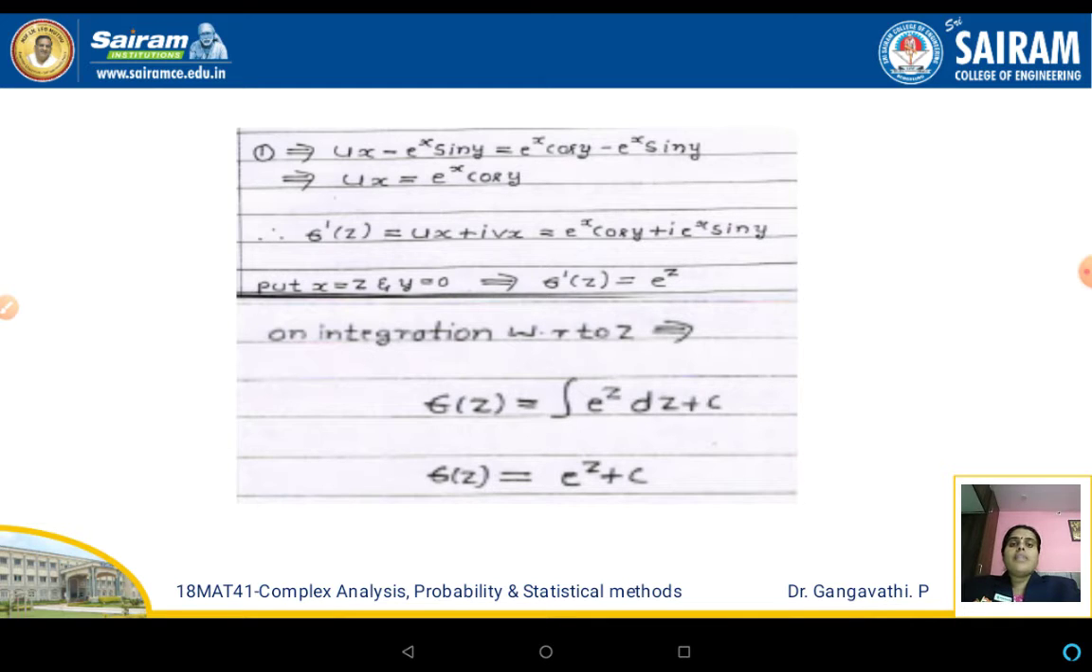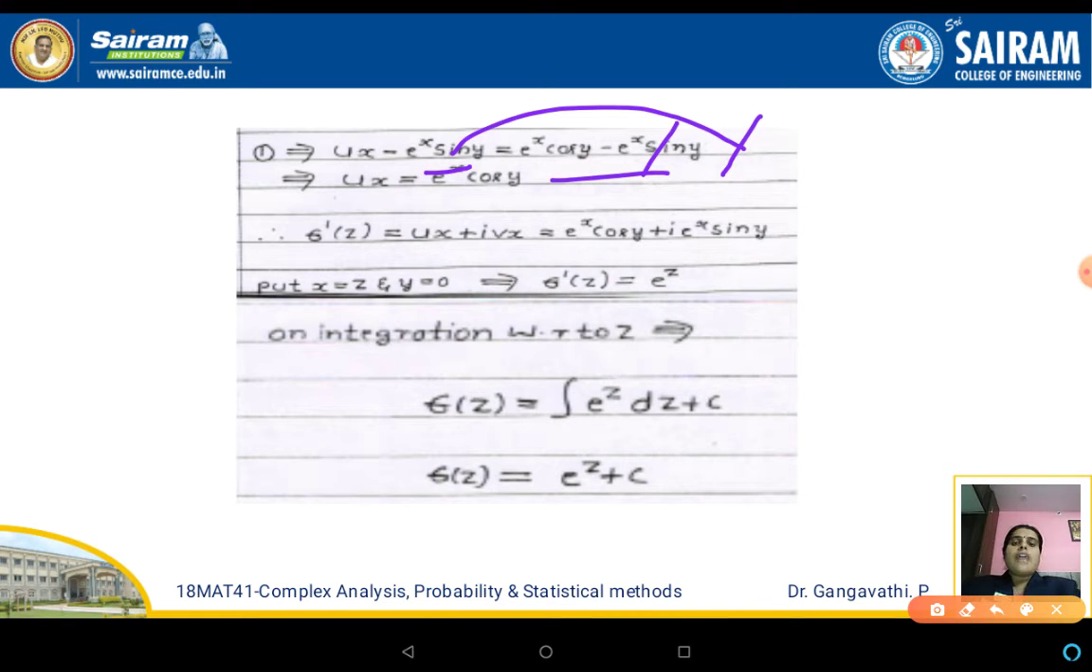So consider here equation 1 and substitute your equation for Vx. So in equation 1 you have Ux minus Vx. We are substituting for Vx here, and on the other side it is the same. On solving this, you can see e to the power of x sin y, this negative, and when it goes to the other side, it becomes positive, and that positive term gets cancelled with this